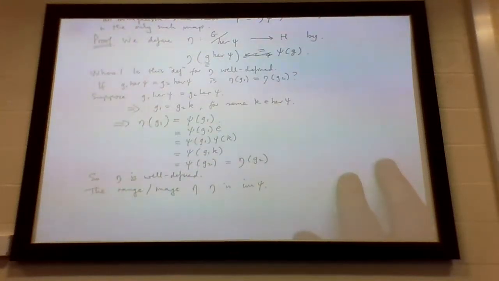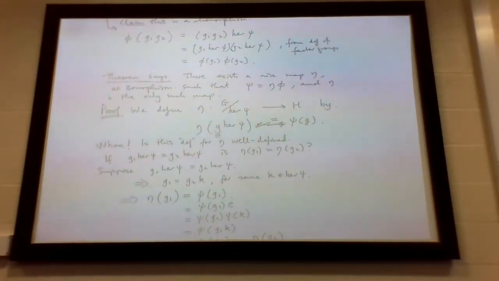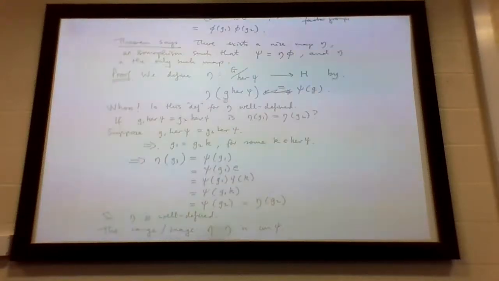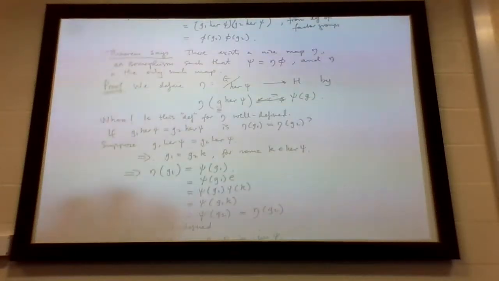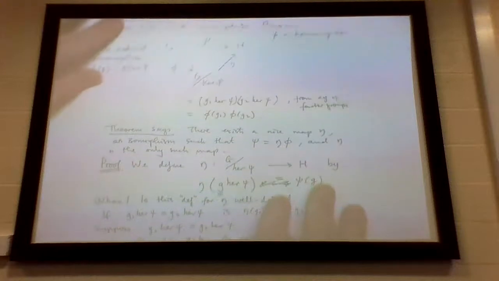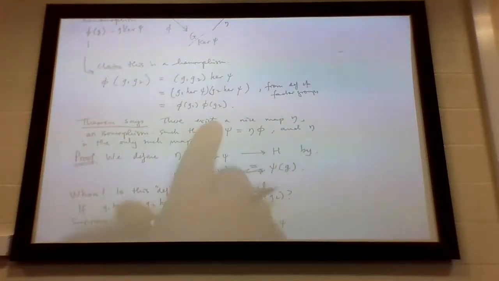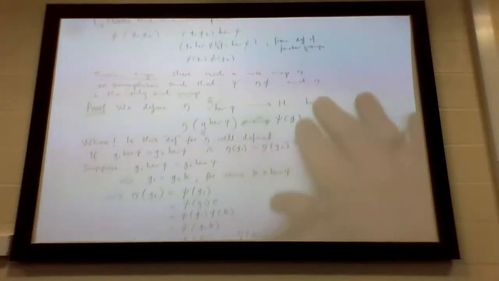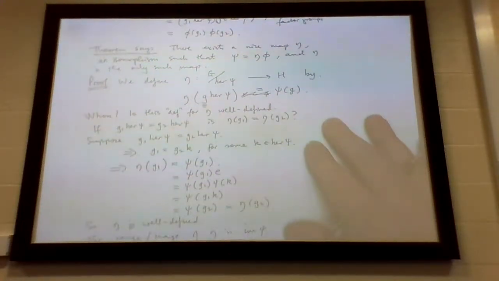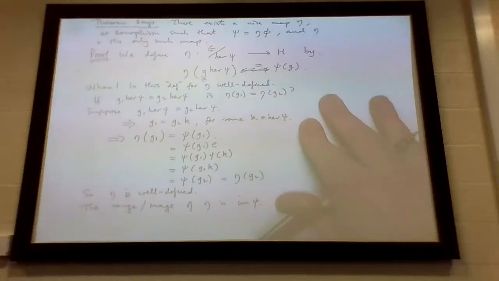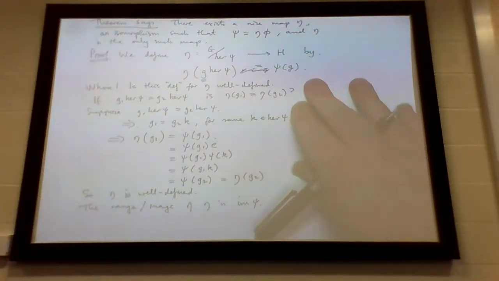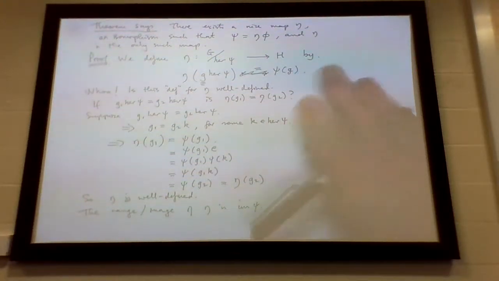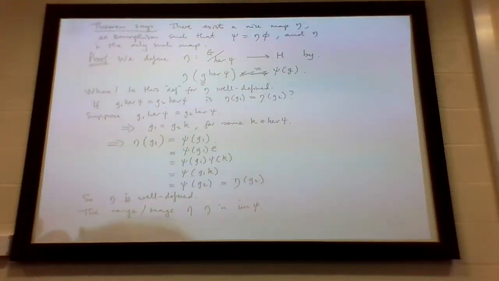Good. So what do we have to prove? What did we claim? The theorem says there exists this nice map eta. Okay, we've done that. We have to show it's an isomorphism and show that it commutes. Well, the fact that it commutes, I think, is clear already. So by construction of eta,